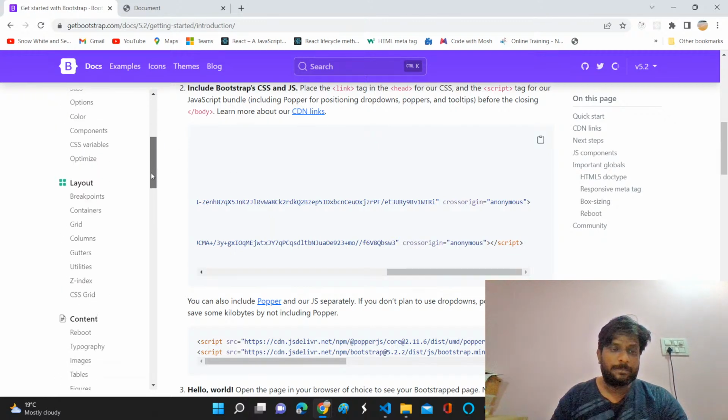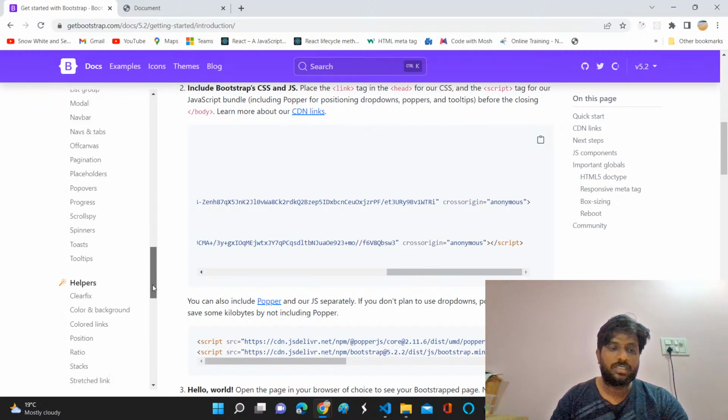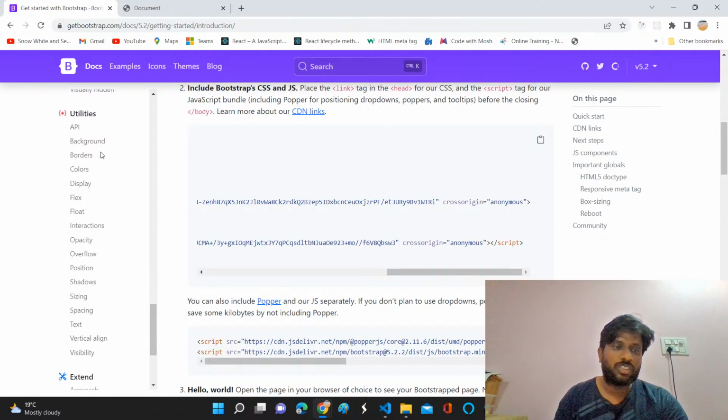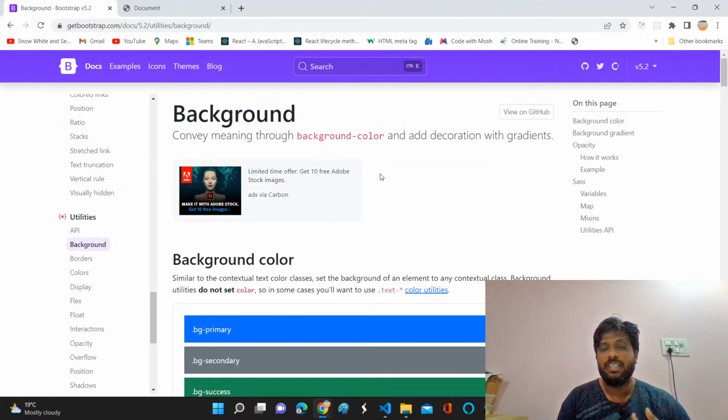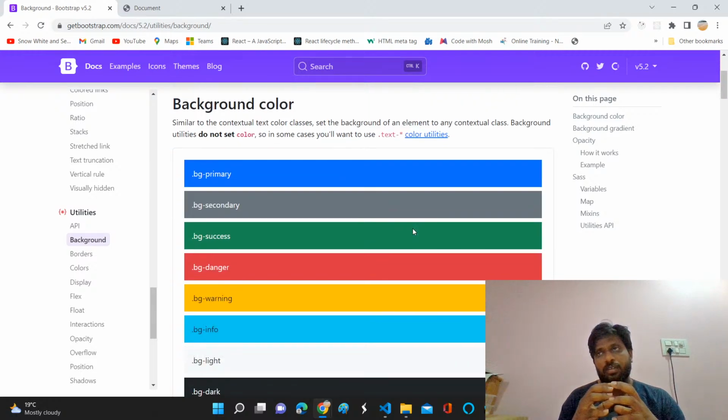So if you see, just go to the documentation, and if you just scroll down in the left side, you will get the section called utilities. Okay, utilities. So APIs, like how they have implemented, that's a different thing. Leave that for now and just click on the background. So if you see, they are providing utility classes, and they have categorized few things like primary, secondary, success. They have taken around